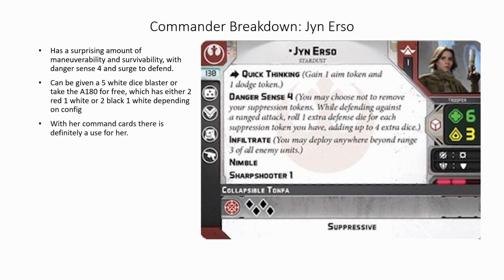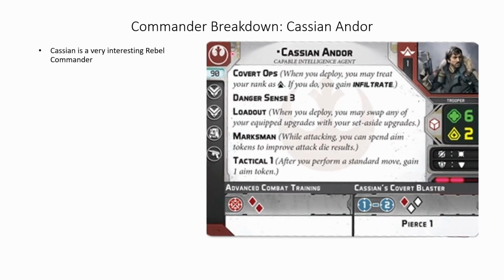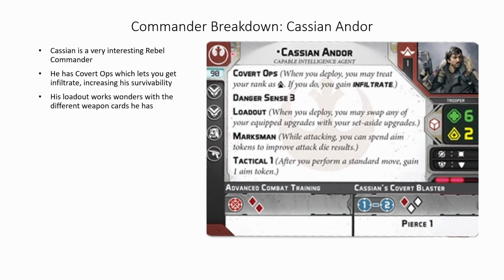With her command cards, you can definitely find a use for her in your army. Now on to Cassian Andor. Cassian is a very interesting rebel commander. He has Covert Ops, which lets you get Infiltrate, increasing his survivability. His loadout works wonders with the different weapon cards he has. For 90 points, you get a versatile, hard-hitting hero that can fulfill almost any mold, and if you bring K2,